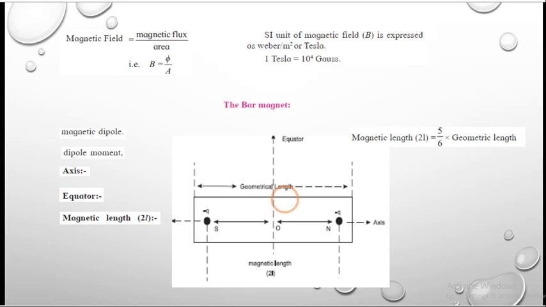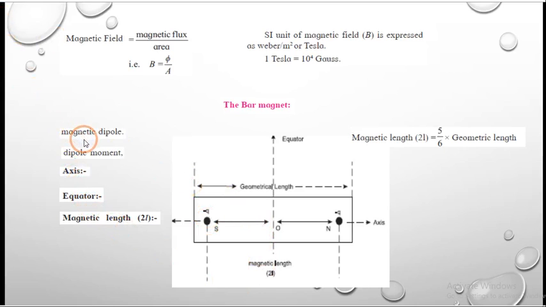There are a few types of bar magnet also. A bar magnet is said to have the magnetic pole strength plus Q and minus Q at north and south pole respectively. Let us consider they are separated by the distance 2L inside the magnet. We are going to discuss a few basic things related to this, according to this diagram.